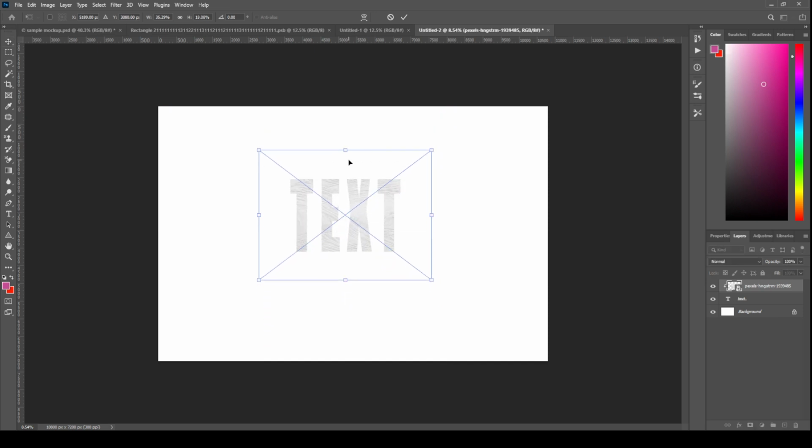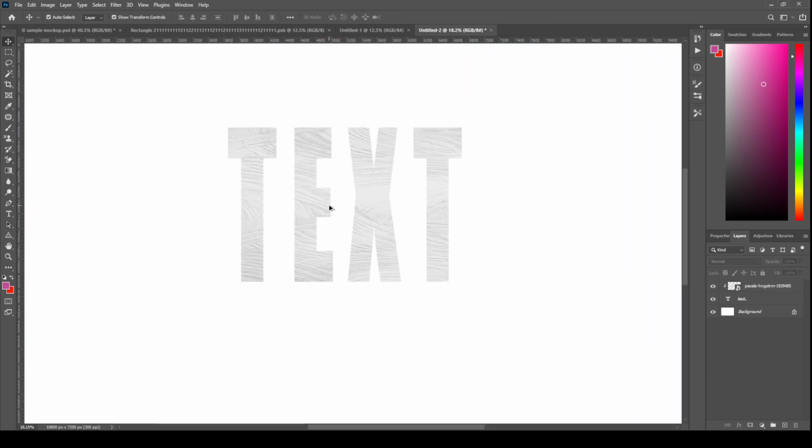Practice makes perfect, so feel free to experiment with different textures and text orientations to find the look that's perfect for your project. Remember, this technique can be a powerful addition to your design toolkit, and with a little creativity,